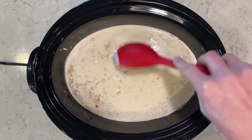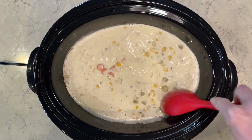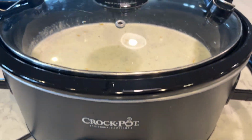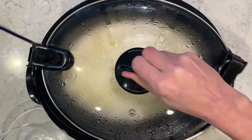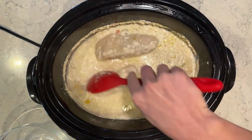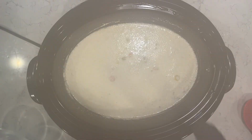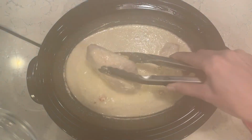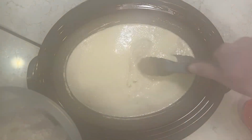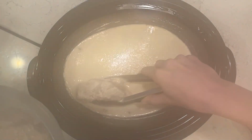Kind of give this a little stir. So this soup is going to be so good. Like I said, nice and hearty, really awesome, like comfort food for this one. So this is all done. It has been cooking. I'm going to take the chicken out. I'm going to shred it and put it back into the soup. So it is just really great. Just take it out of here and kind of get off all the veggies, and the chicken is falling apart